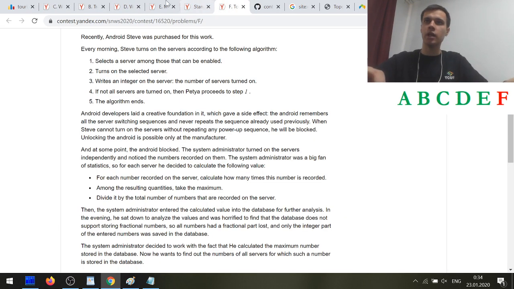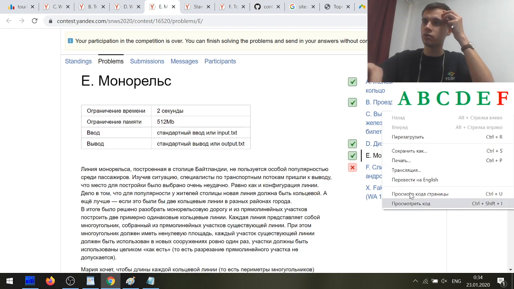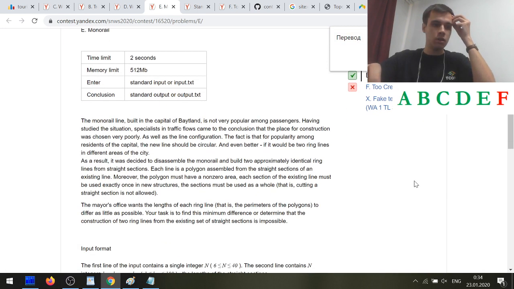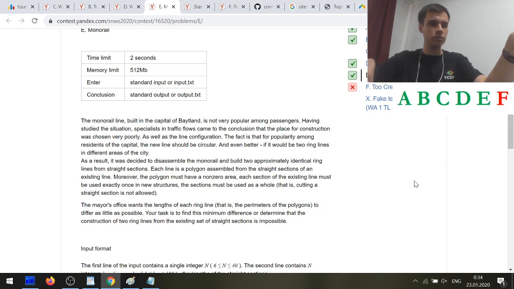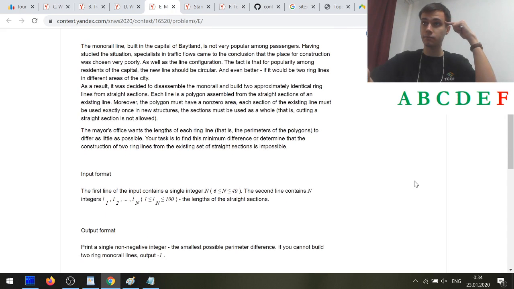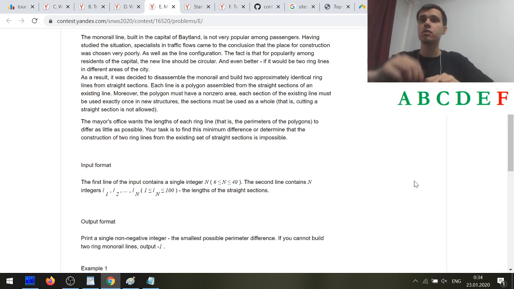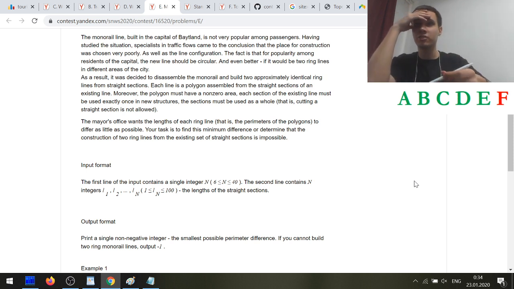Anyway, problem E. Yeah, problem E. I haven't described problem E. That's true. Oh, well, okay, let's do it. Why not? So, problem E. Yeah, so here's the problem statement. I guess you can try to read it and try to understand it. It's not really, well, it's not hard, but